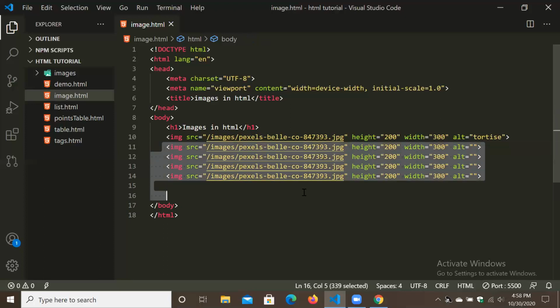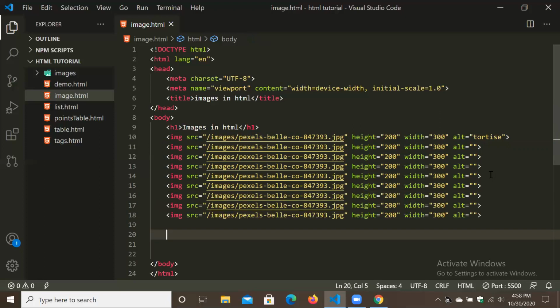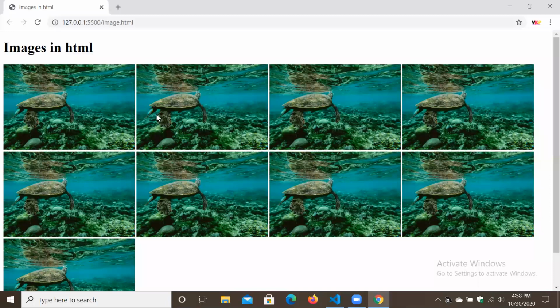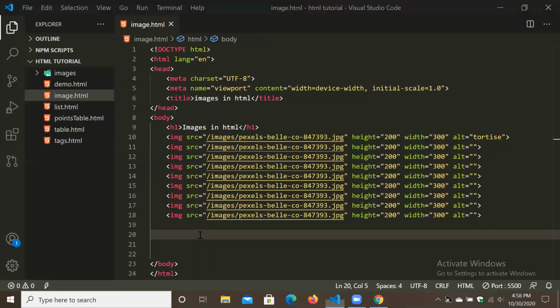Again we have to copy this all together and paste. So here are our images. Now we have to see the browser. Look, 1 2 3 4 5 6 7, nine images are there.